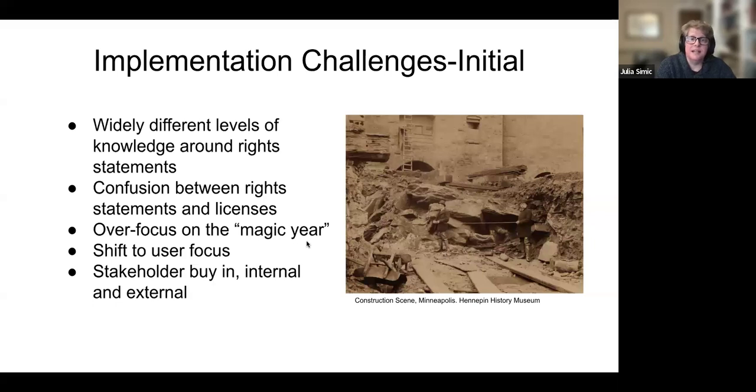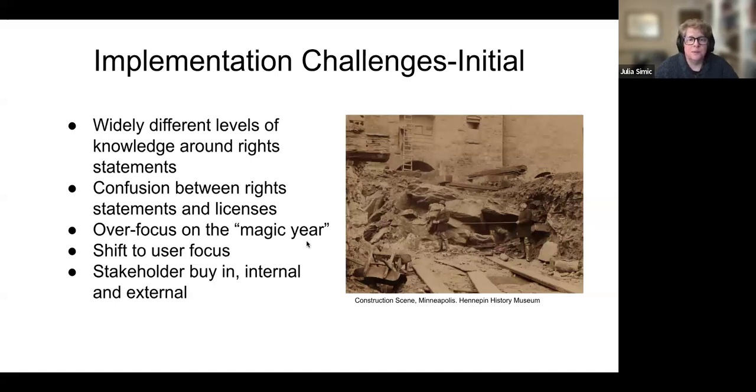Until recently, 1923 was the magic year before which most copyrighted works fell into the public domain. This was never entirely true. For instance, unpublished works have a longer copyright protection than published works. And now, every year on January 1st, new materials enter the public domain, but not everything. Copyright is complex. We all know this. And we need to actively and regularly look at our holdings to determine if they've passed into the public domain.